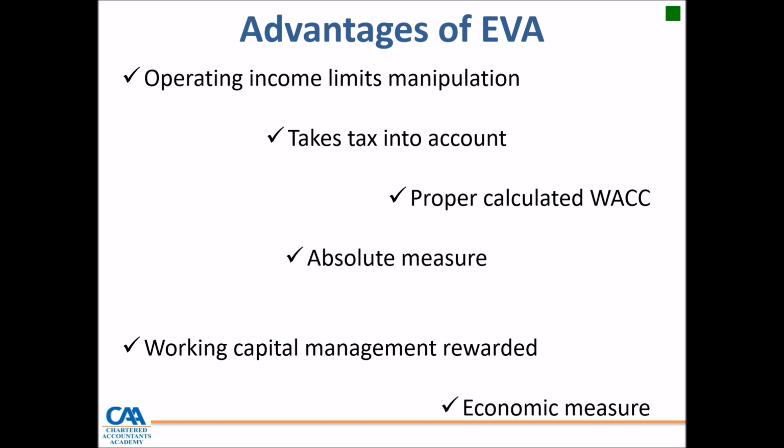The other advantage is that the result we get, that is the EVA, is calculated hinged on WACC. So based on that, it takes gearing into account, that is, how the entity's capital structure is, and it allows for different risk levels to be taken into account through the use of different costs of capital. So the WACC consolidates different costs of capital, allowing us to factor in the different risk levels at which we are operating. And the other advantage is